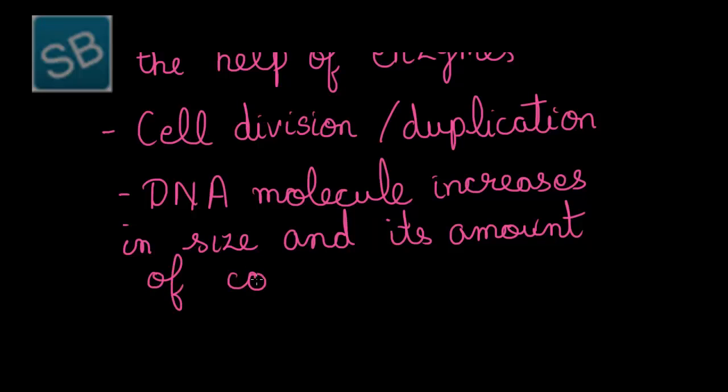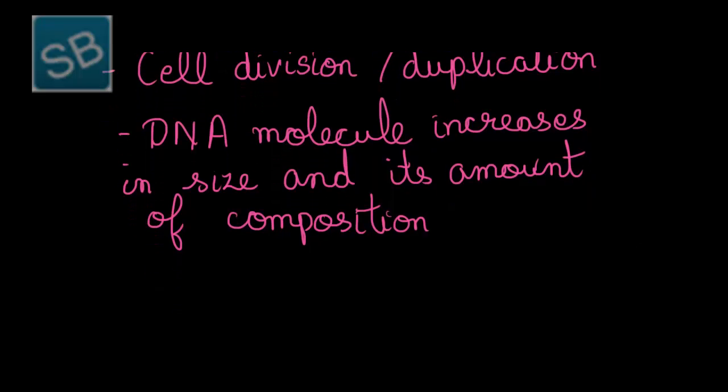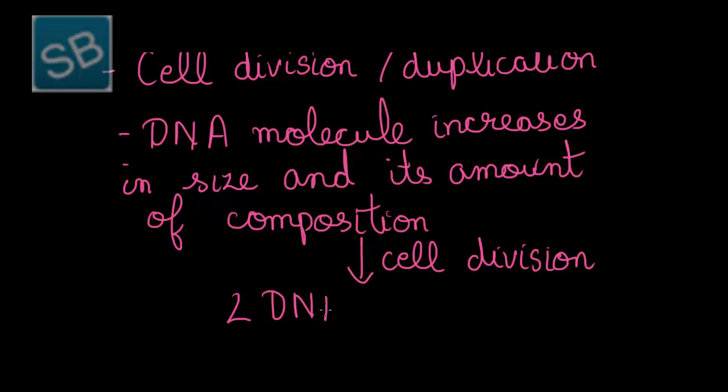This composition refers to the nitrogenous bases, phosphate molecule and sugar, which we've already studied in the structure of the DNA molecule. Since its amount and size increases, after cell division, which generates two DNA molecules from a single one,